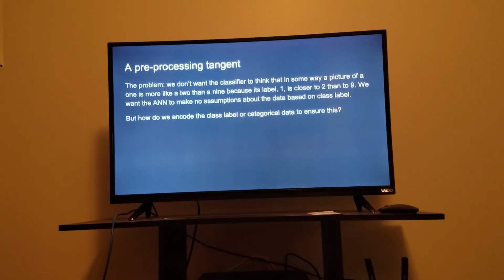So in this case, we might have a picture of a 1 and a picture of a 2 and a picture of a 9, and the picture of the 1 might be closer to the picture of the 9 in what pixels are lit up. But the neural network might think that no, the 1 and the 2 have to be more similar because 1 and 2 are closer to each other than 9. Now this is kind of a weird example and not a great one, but